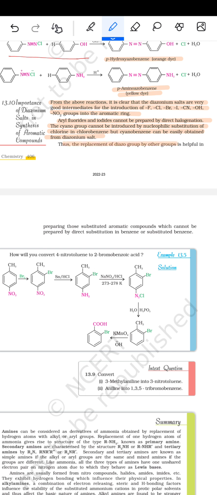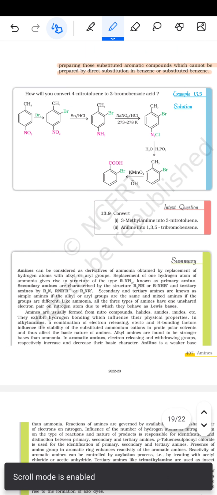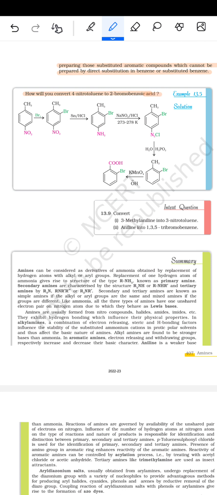Thus, the replacement of a diazo group by the other group is helpful in preparing those substituted aromatic compounds which cannot be prepared by the direct substitution in a benzene or the substituted benzene. फिर आता है कि how will you convert 4-nitrotoluene into 2-bromobenzoic acid. तो इसका रिएक्शन जाता है कि Br2 ऐड किए और इसमें और फिर उसके बाद Fe/HCl ऐड किए, फिर NaNO2/HCl ऐड किए, तो उसके बाद फिर H2O या H3PO2 ऐड किए, फिर KMnO4/OH ऐड कर दिए तो ये बन जाएगा।